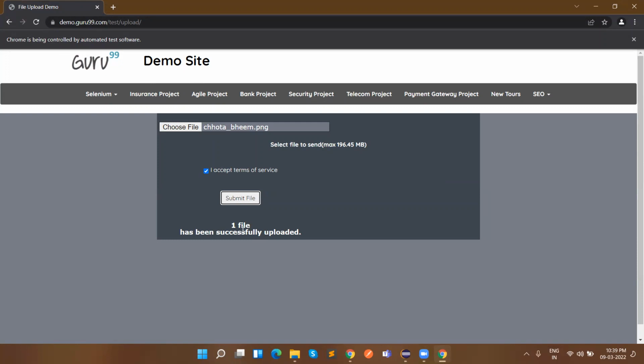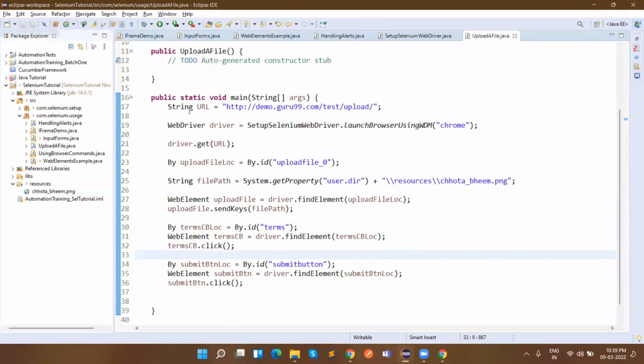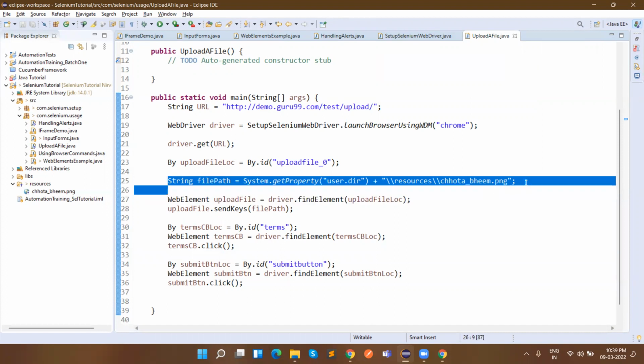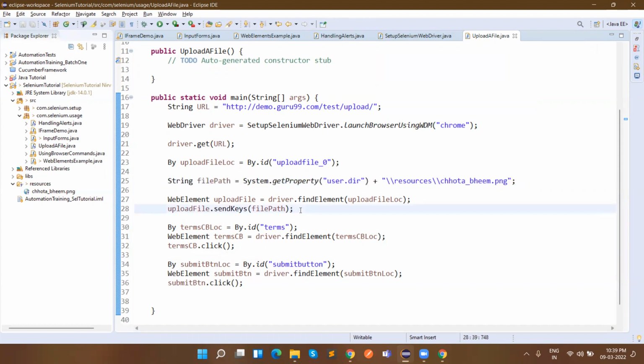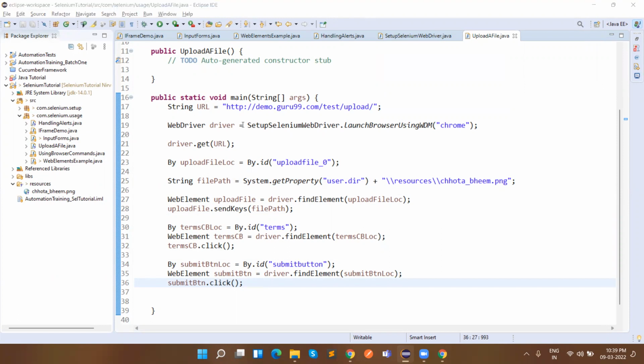Okay, this is how you upload a file in Selenium. This is the code, and the important line is this. In send keys, provide the file path. In some websites, you don't need to perform this operation. It uploads the file as soon as you select the file. So that is about the uploading of